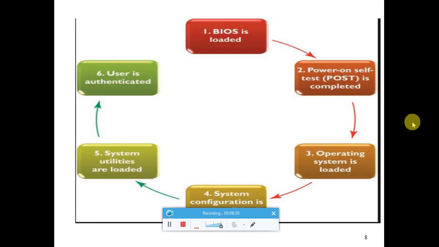Moving to the next very important slide. Here we are going to see when the operating system gets loaded after we turn on a computer system. When we turn on the power for a computer system, the first thing that happens is that the BIOS gets loaded. We all know that BIOS means basic input output system, which ensures that the BIOS will always be available and will not be damaged by disk failure or any other issue. It also makes it possible for a computer to boot itself. After the BIOS is done, we have the POST, that is, the power on self test.